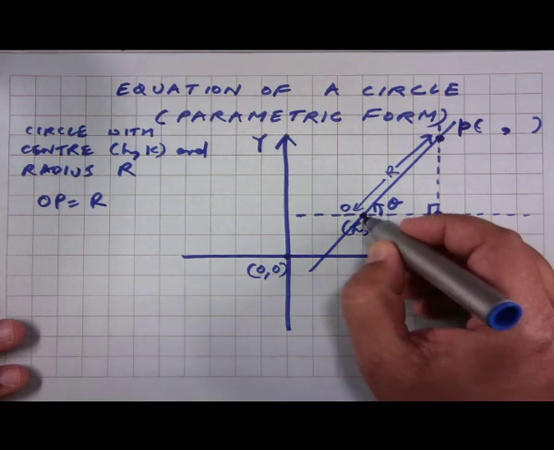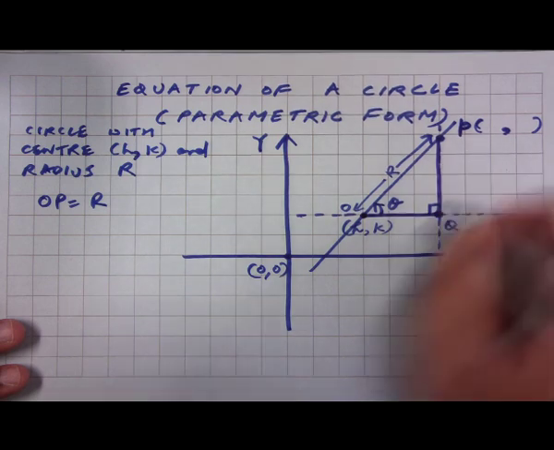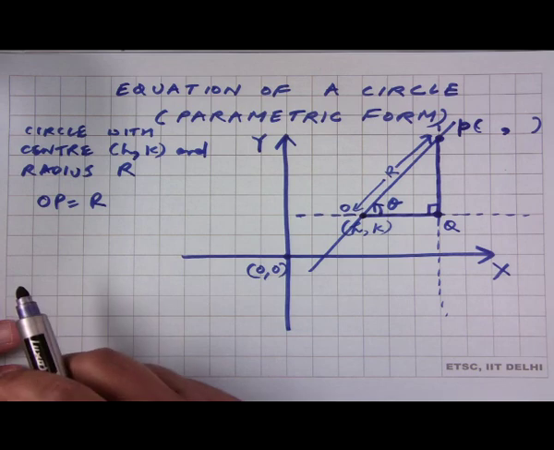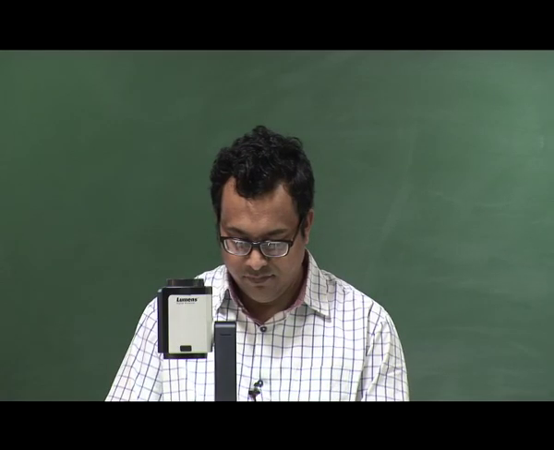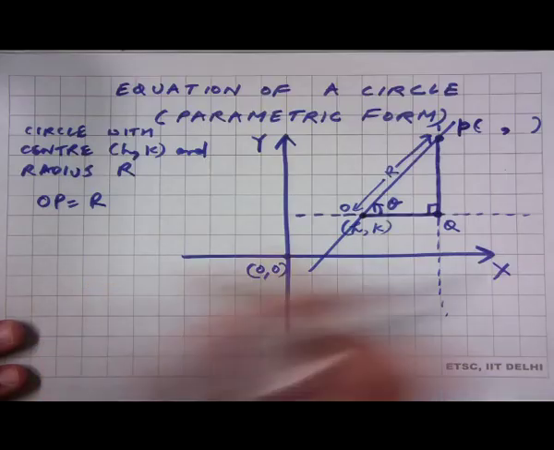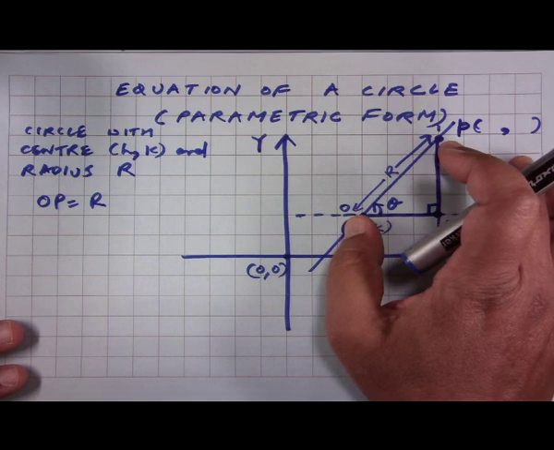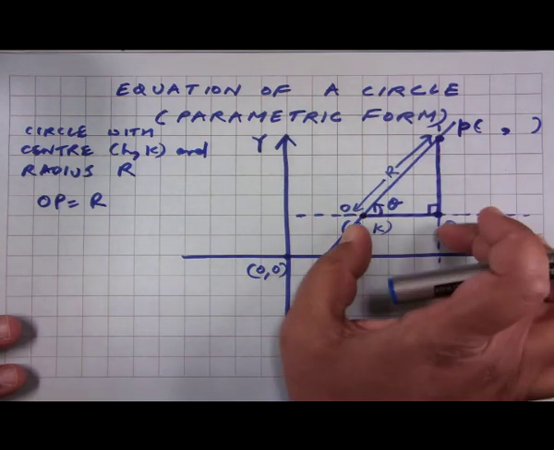And then I have this little right angle triangle here, OPQ, where we know that OP is equal to r. Because OP is r, from our knowledge of the trigonometric ratios, we know that OQ will be